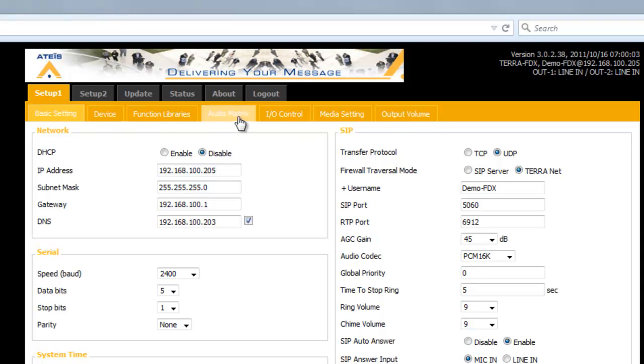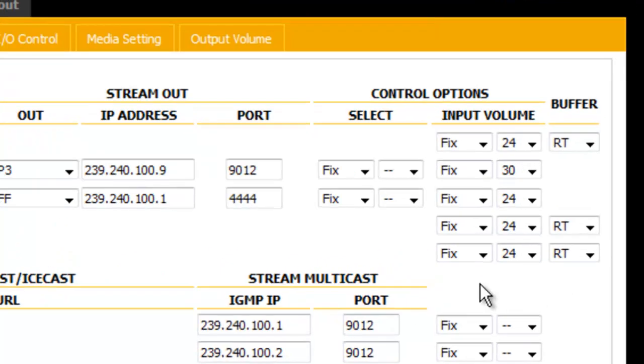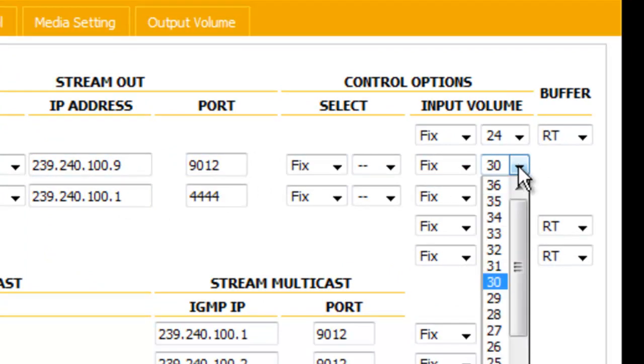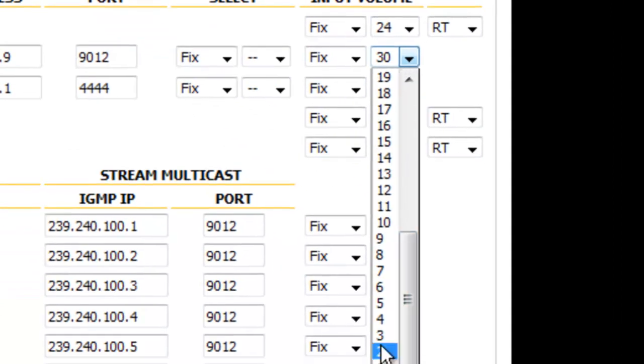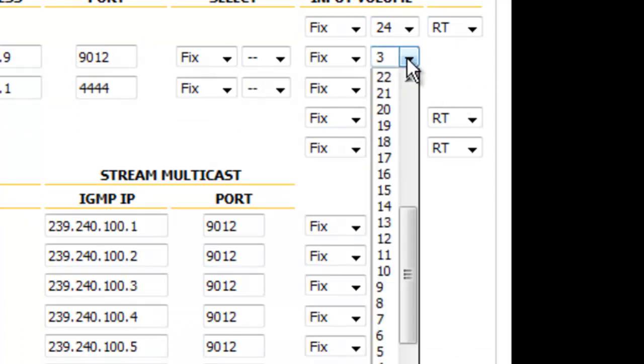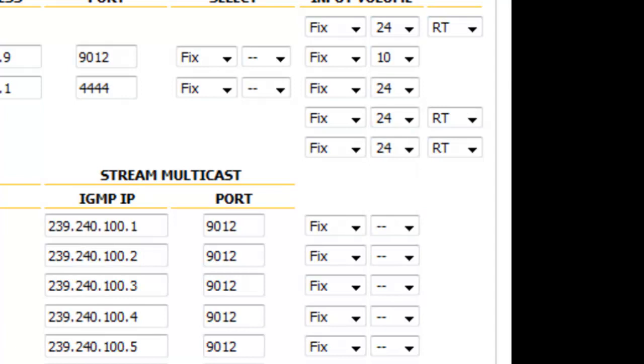Now, if I go to my audio matrix again, and remember we set the streaming. Here's the streaming at 100.9 port, and here's our volume of the stream. I could turn this way down. Hit save. All right, and you can hear it go way, way down. We'll turn it back up a little bit. Save.